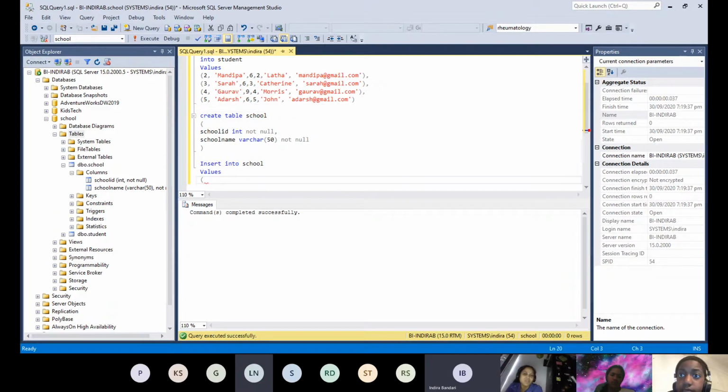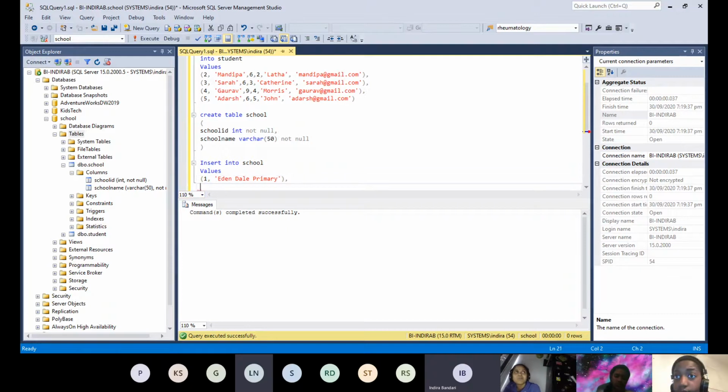So now 1 is Edendale Primary, and then close. So that is the value for one row. Because it has only 2 columns, we are giving only 2, right?